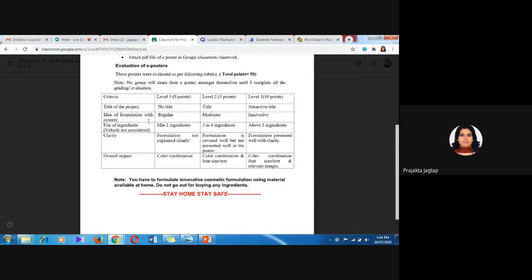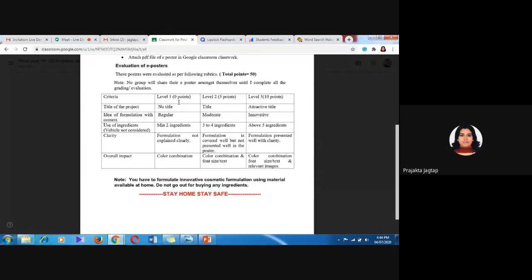Here, so as to promote creativity and thinking ability of students, I have given them clues and a set of rubrics for this particular activity. So the activity is evaluated under these 5 criteria. So title of the project, idea of formulation with content, use of ingredient, clarity, and overall impact.